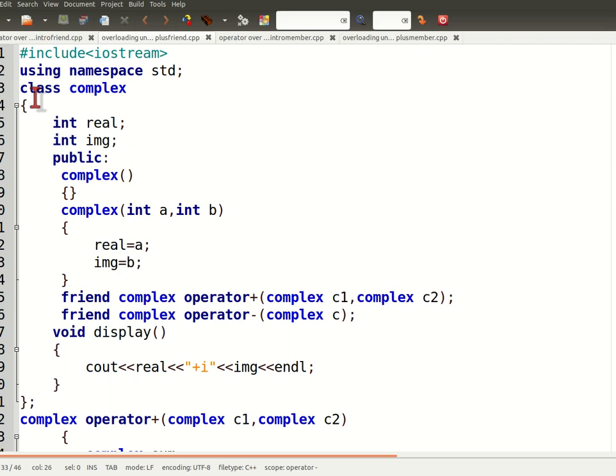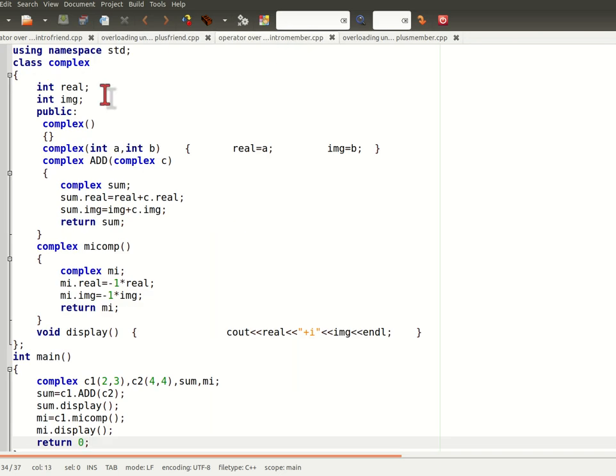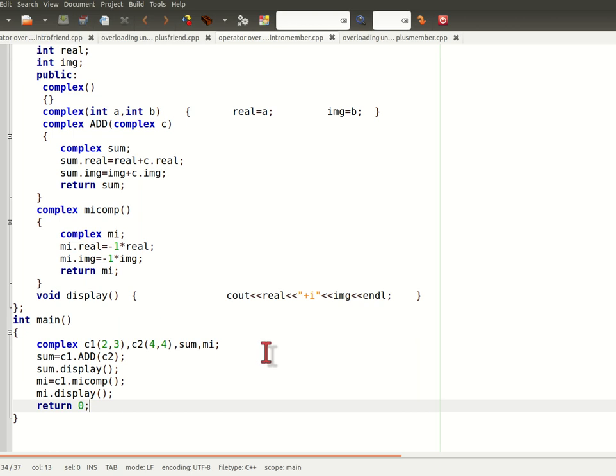Here we have seen a friend function doing the addition of two complex numbers and the minus of a complex number. Okay, now let's do the same thing using a member function. So you must understand that whatever we are going to do, all those functions are inside one class or inside one object. Okay, so here also what we have created, C1 is equal